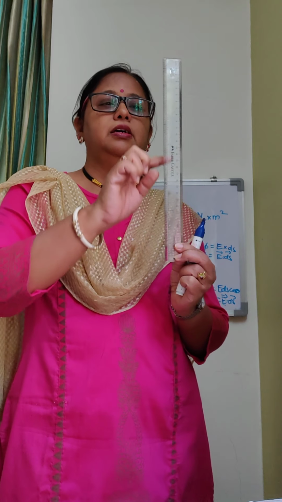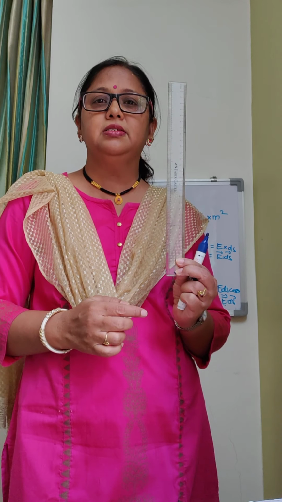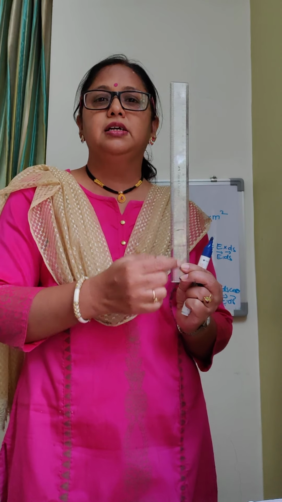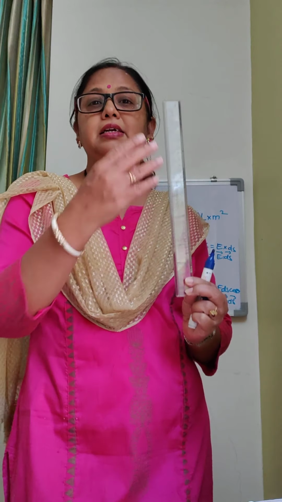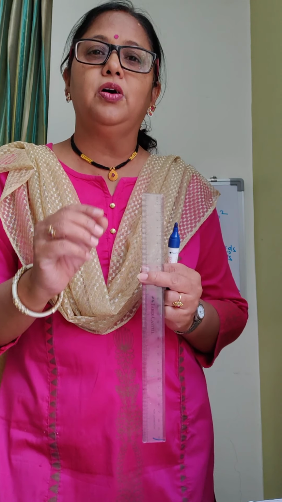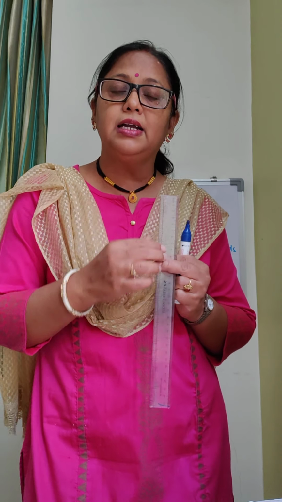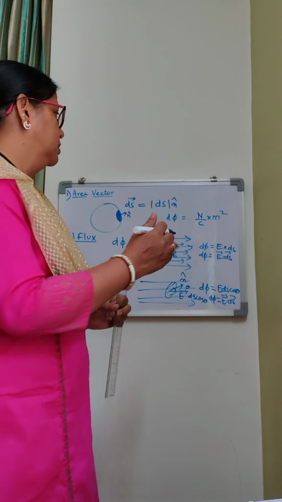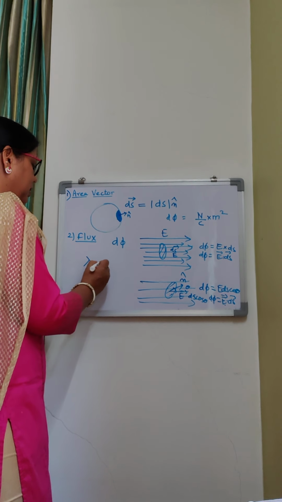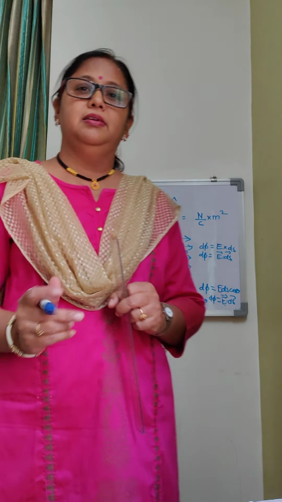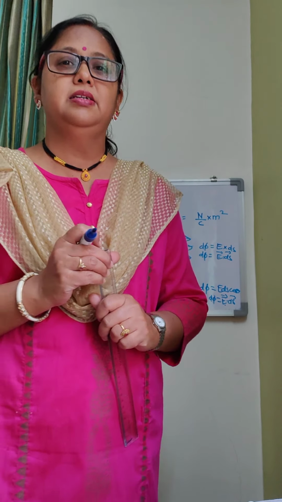If you have a straight conductor, there is positive charge distributed on this conductor. So this positive charge will not be a discrete value, single charges will not be there, but it will be a continuous charge distribution. In such a case, we don't take a discrete or single value of charge, but we take a continuous charge distribution and we define a new term called linear charge density. It is denoted by lambda. This lambda is equal to Q upon L, charge per unit length, that is called linear charge density.